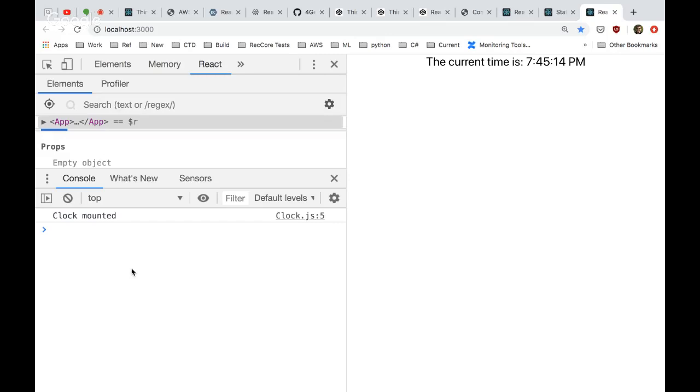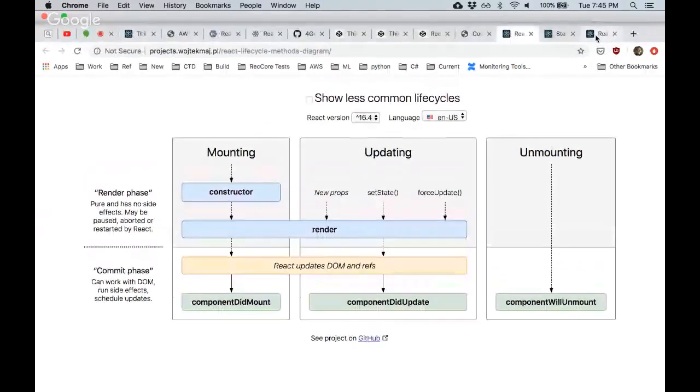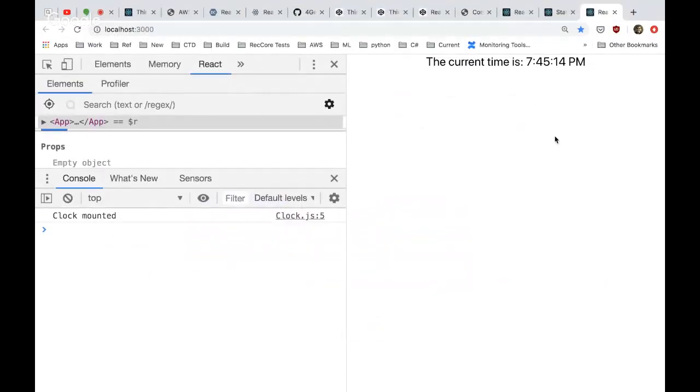I'll go ahead and throw the cheat sheet up here because it might help you pinpoint why. Out of these three lifecycle methods that we're looking at, and I didn't put stuff in render or constructor, this is the only one that got called. So why didn't either of these get called? Yeah, because nothing was updated or unmounted, right? That component is still in the DOM, and we're not updating it because we're not changing any of the props, and we're not changing the state. So without changing one or the other of those, it's not actually going to change.